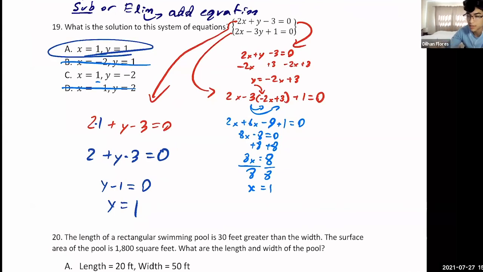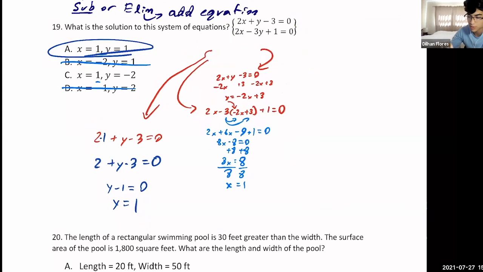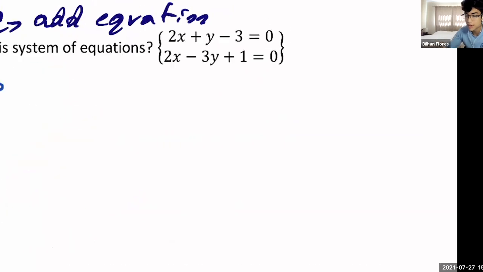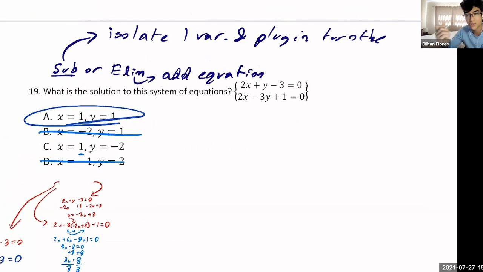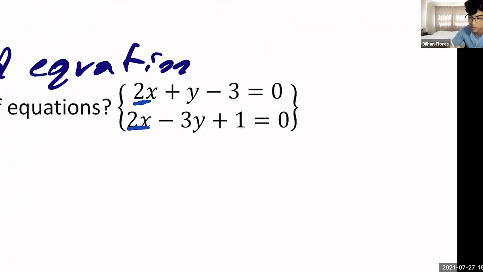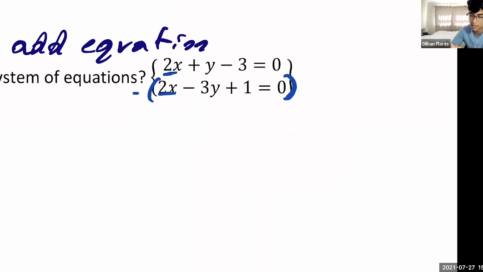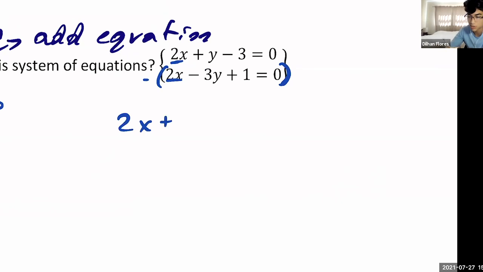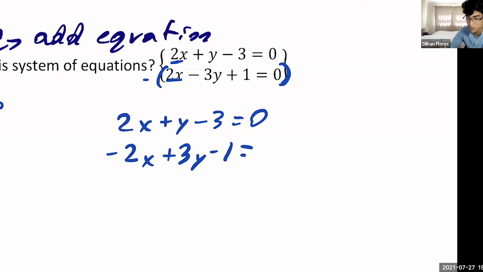The thing is, elimination sometimes helps us save some time. So let me grab all of this, move it out of the way, put it down here. Now, elimination is all about adding the equations together. That is really useful whenever you have the two equations and you see something line up like this. You have 2x and 2x. Those line up. So if you make this whole equation negative, now you're going to get, and I'm rewriting the two equations, 2x plus y minus 3 is equal to 0, and negative 2x plus 3y minus 1 is equal to 0.